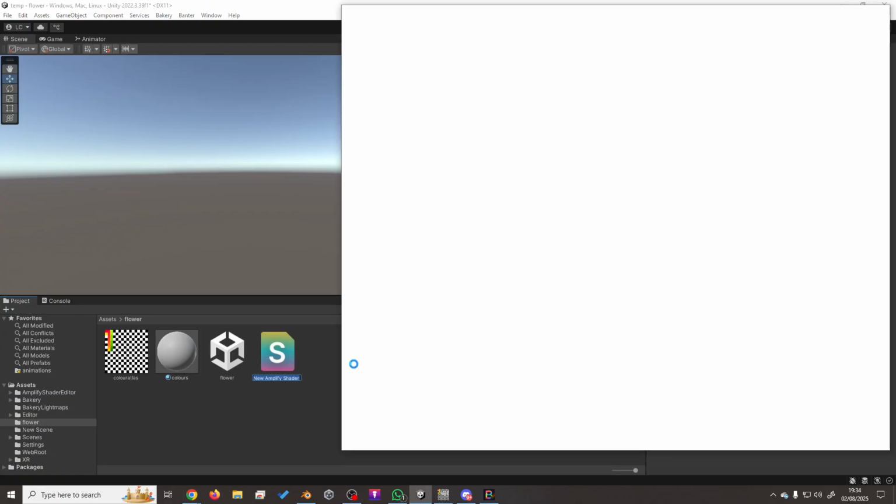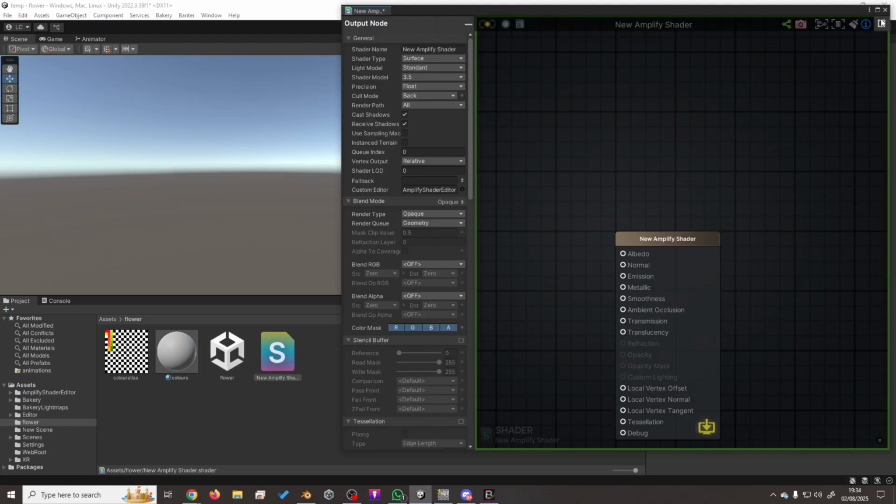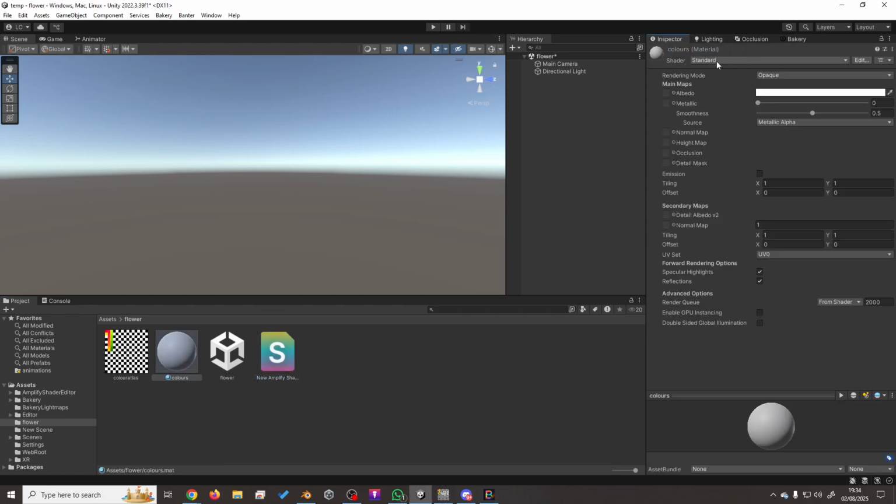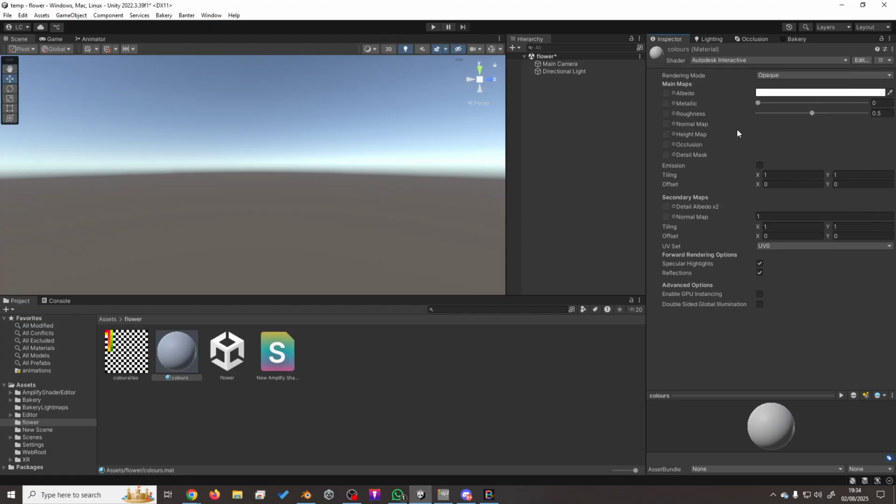You could use one of the standard shaders, like, I don't know, maybe Autodesk Interactive or something, turn your roughness all the way up, put your image in there. There's a lot of stuff going on here. Even if you don't use metallic and roughness and normals and all of that, it's still got to work through all of the nodes in the shader and do all of those calculations. I know it's only one material and you could probably get away with it,